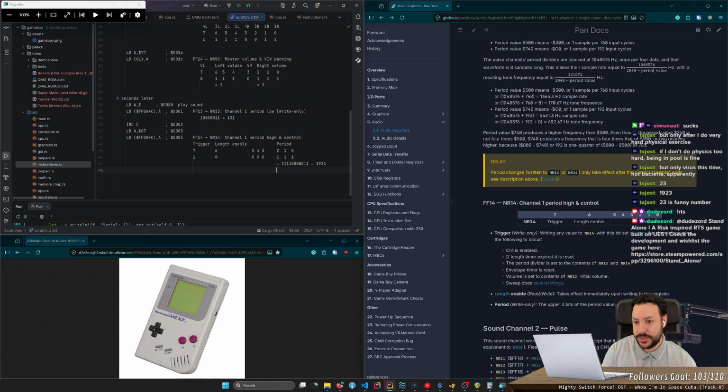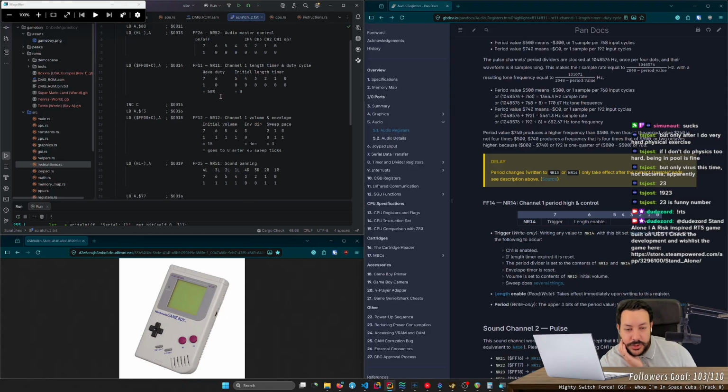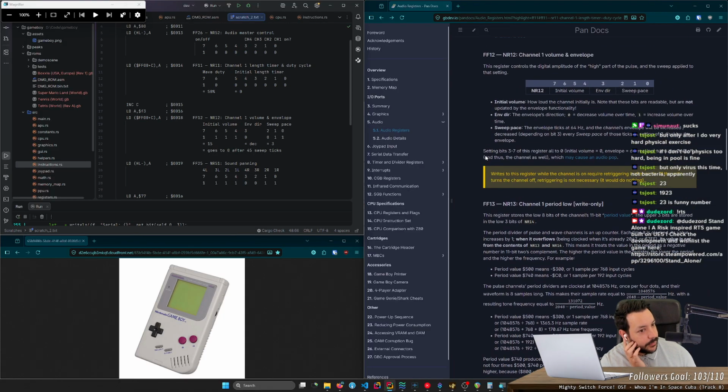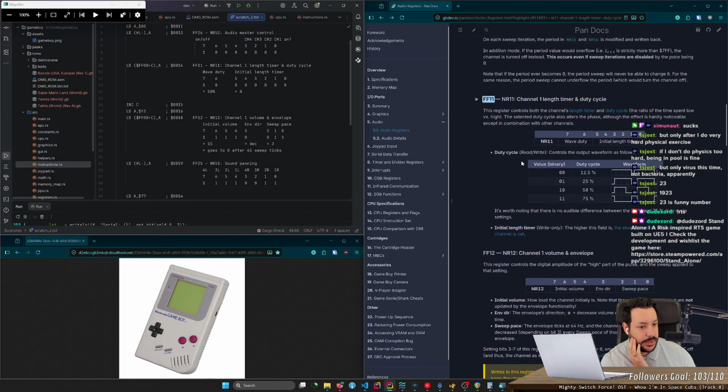Okay, so this triggers the thing. And then I think I'm kind of confused on what the wave duty actually means in terms of audio. I think that might be what is causing me all of this trouble. So a wave duty of 50%, it's gonna be this. I mean, this is cool.